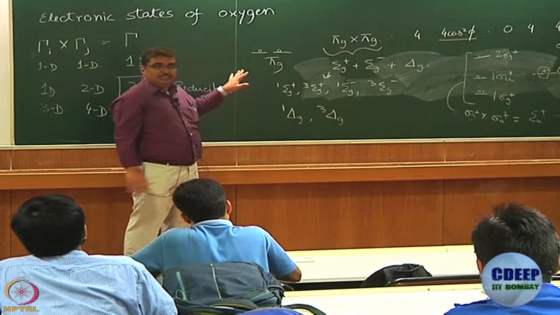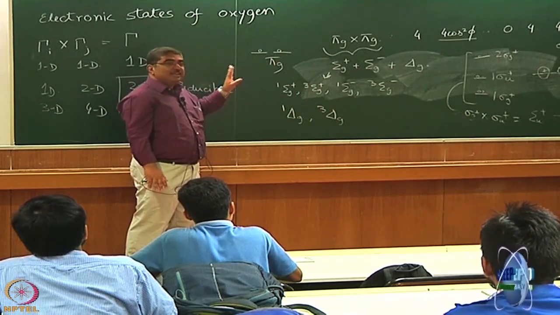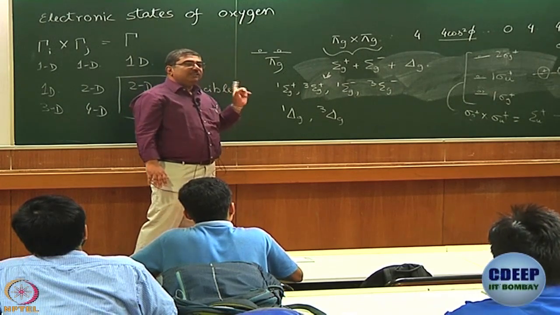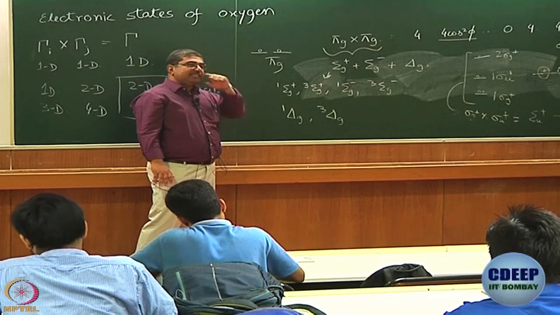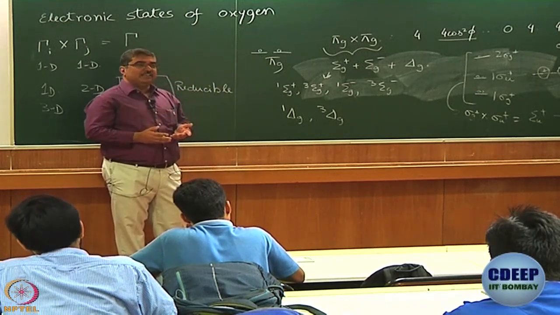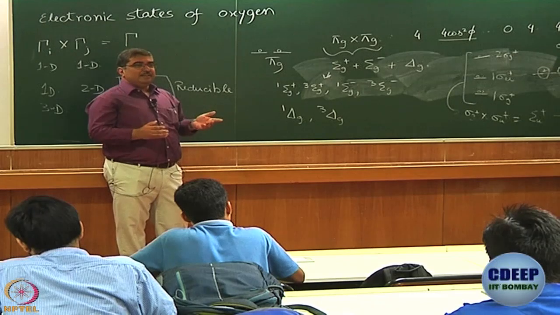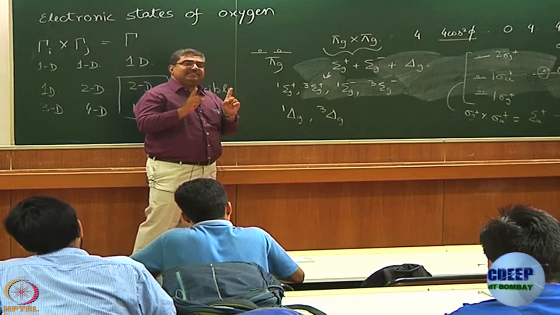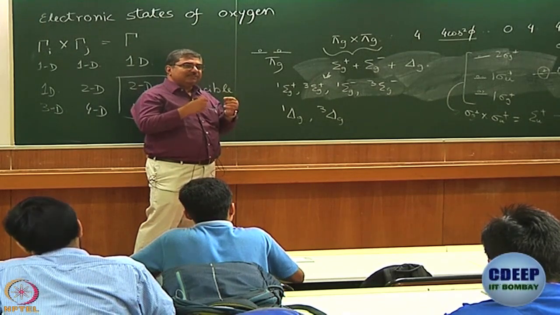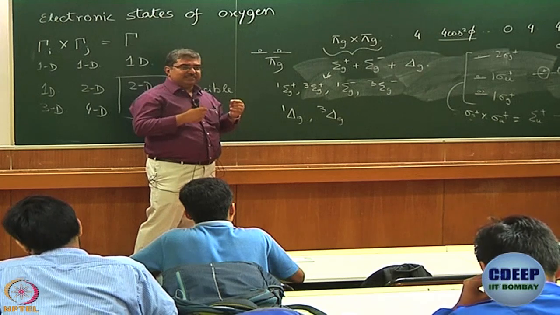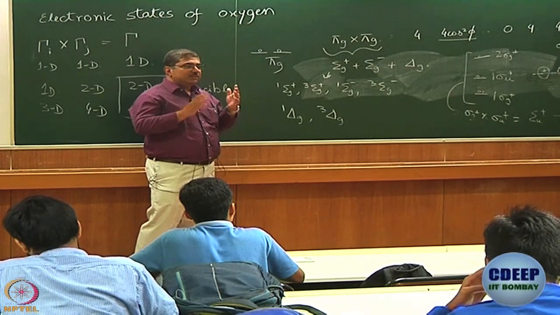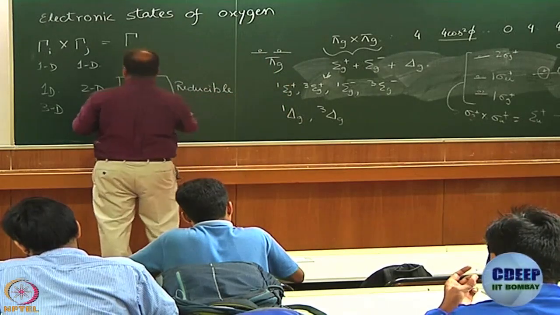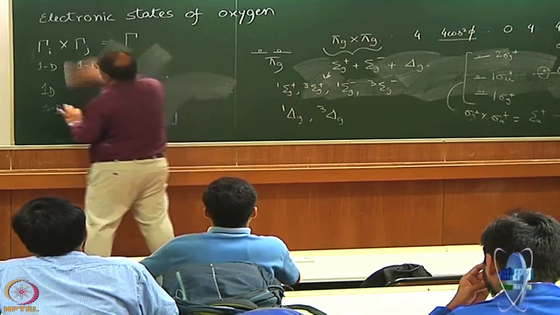electron configuration of oxygen. This ground state electron configuration of oxygen seemingly gives rise to 16 states, but there is a problem actually. Not all these 16 states are acceptable. We just assign singlet and triplet to everything, anything and everything, right. That is not necessarily the case, because here you have 2 electrons in degenerate orbitals, right. So, their spins are actually correlated to each other. Let us see if I can draw boxes and try to see how many states I actually should get.